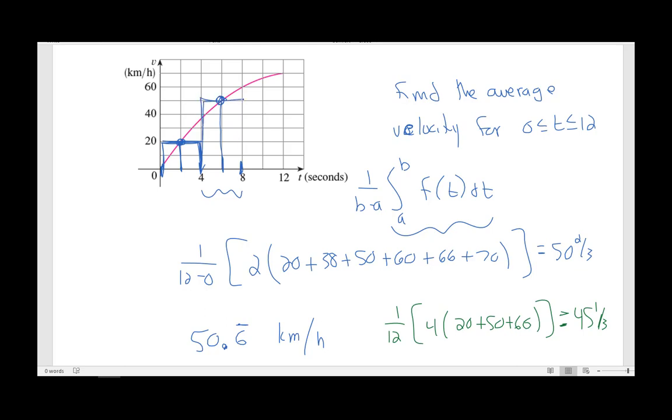All right, I'm going to create that rectangle. I have a little bit of area here that I'm missing, and a little bit of area here that's extra. So if we're not given instruction to use the midpoint, we do have options. We could use the left or right, but really the best choice is to use the midpoint, even if we're